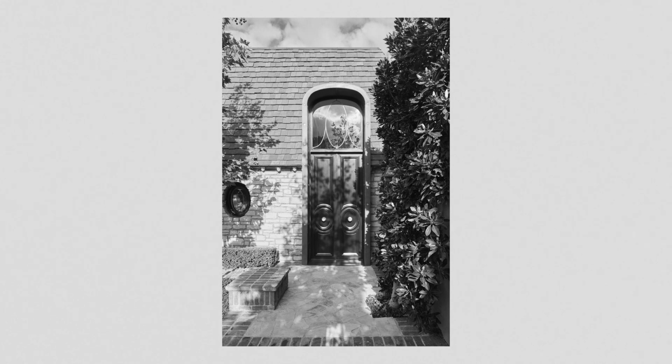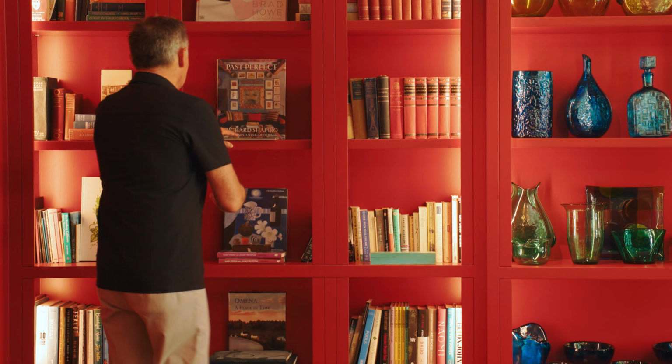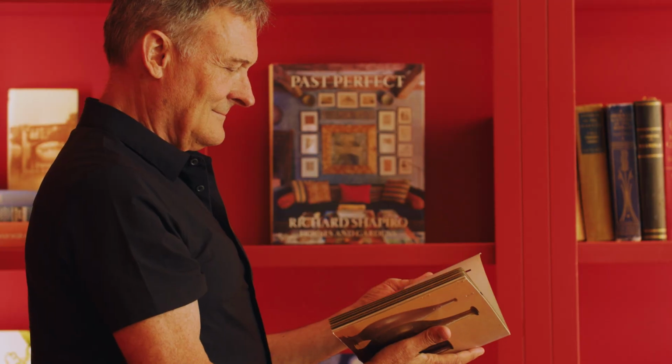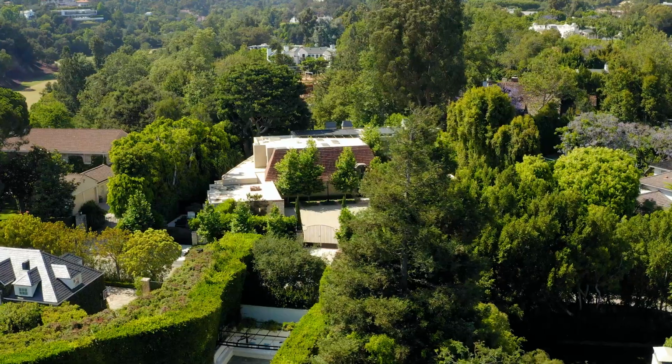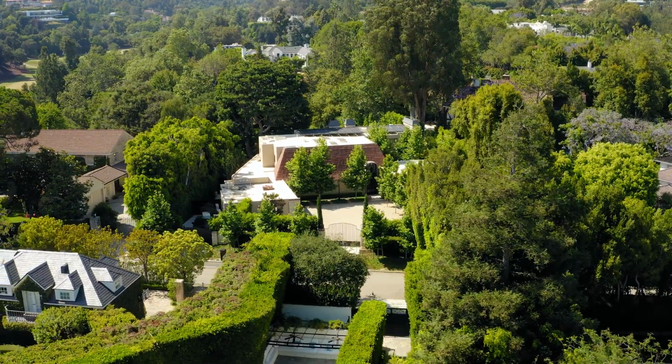Koch was really one of the first gay men that came out in Hollywood and lived a gay lifestyle. And he found ways of really inventing a gay family within the parameters and the socially accepted means of society at that time. The house is in Bel Air, which is right by UCLA in Los Angeles,